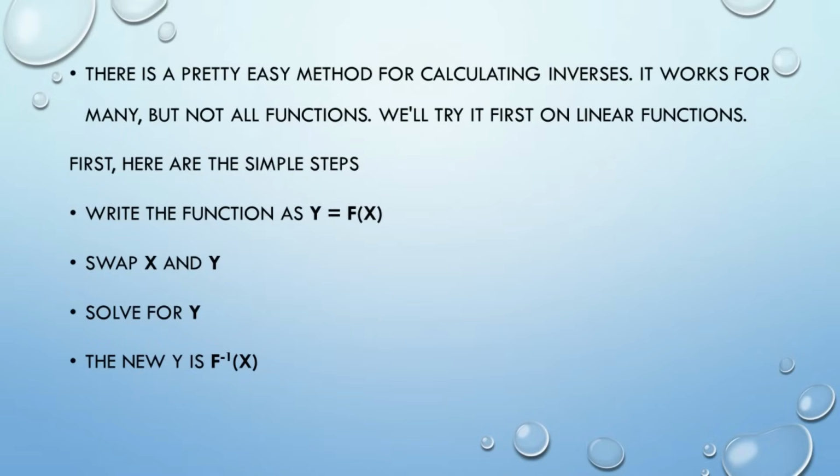So I will tell you easy steps to find the inverse function analytically. Whenever a function is given and you are asked to find the inverse function, step number 1, write y equals the given function, and then you swap x and y. That means if there are x terms, replace x terms by y and y terms by x. Now try to solve the equation for y. Actually, you have to make y the subject. Now you have the inverse function. Whatever result you get is the inverse function of the initial function.